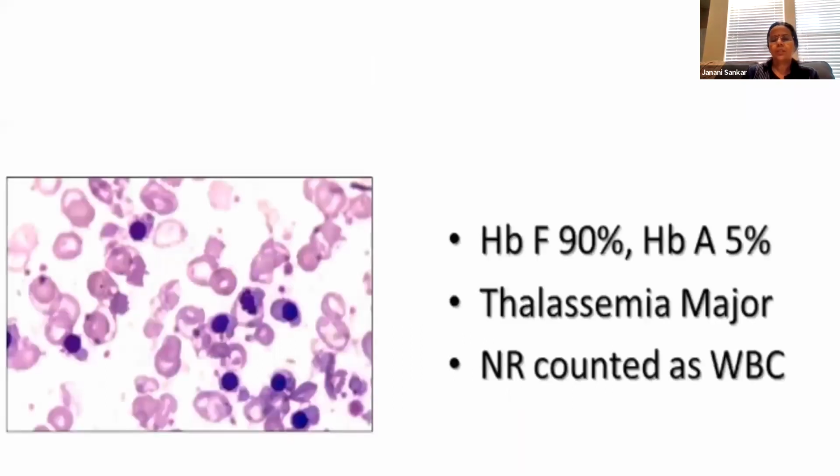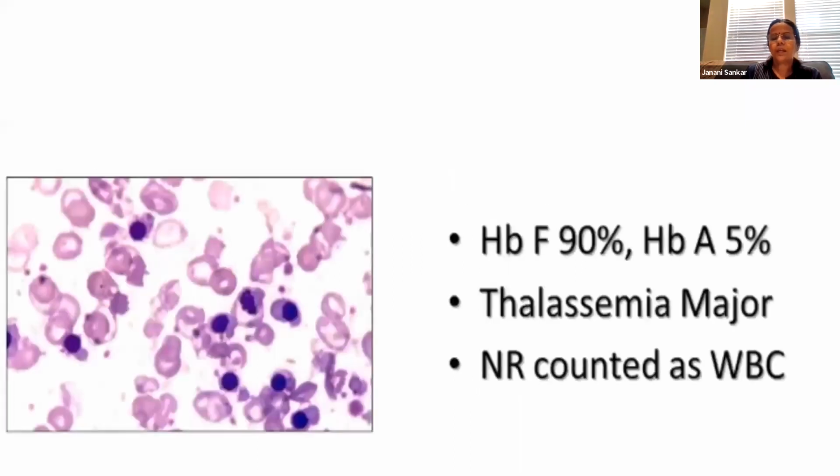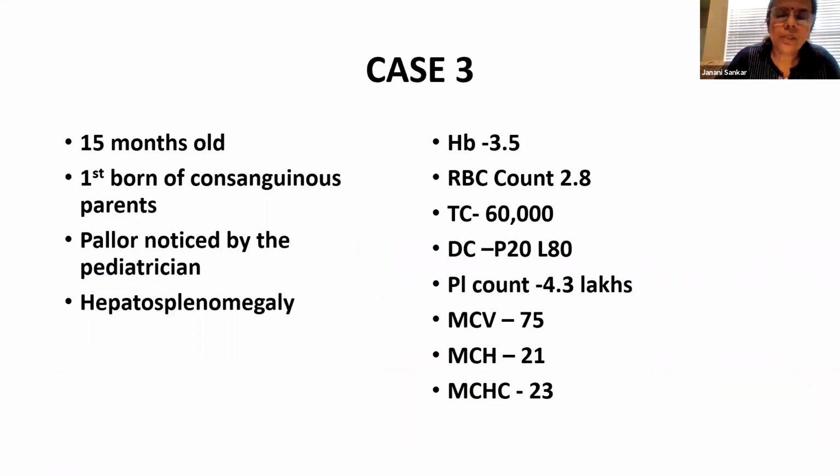This is actually a common thing that you encounter. The total count is high because the nucleated RBCs are counted as WBCs. The counter is something like a programmed computer. As I discussed in the first few slides, it just looks at the volume and counts and separates them. It doesn't know that it is a nucleated RBC. Nucleated RBCs are huge and they resemble lymphocytes, so they get counted as a lymphocyte or a granulocyte.